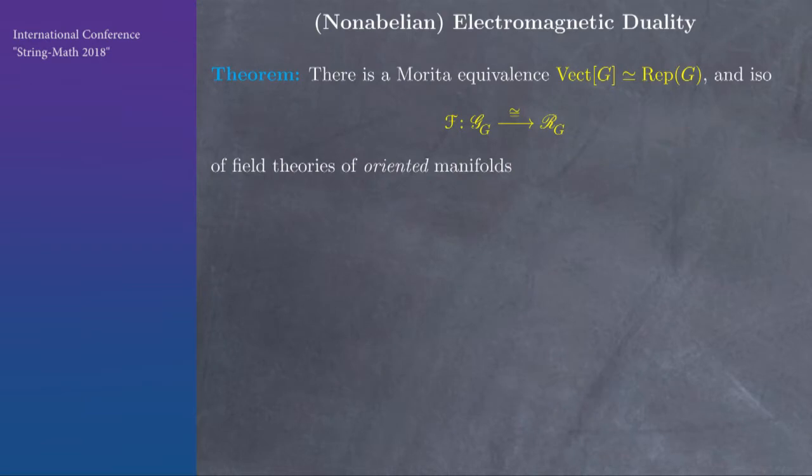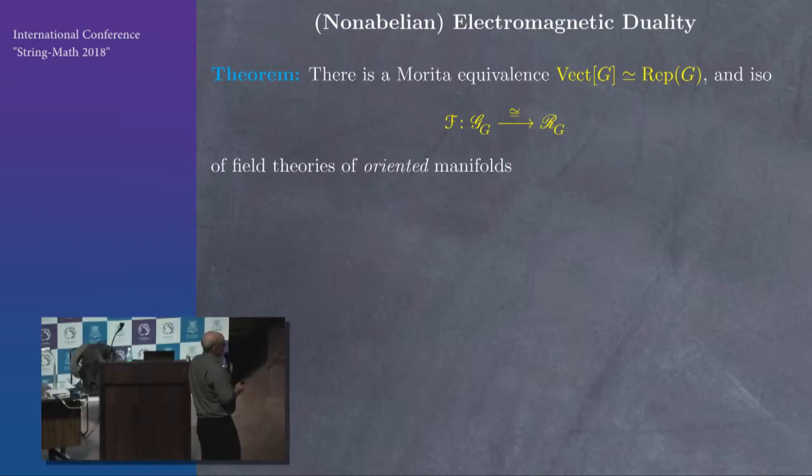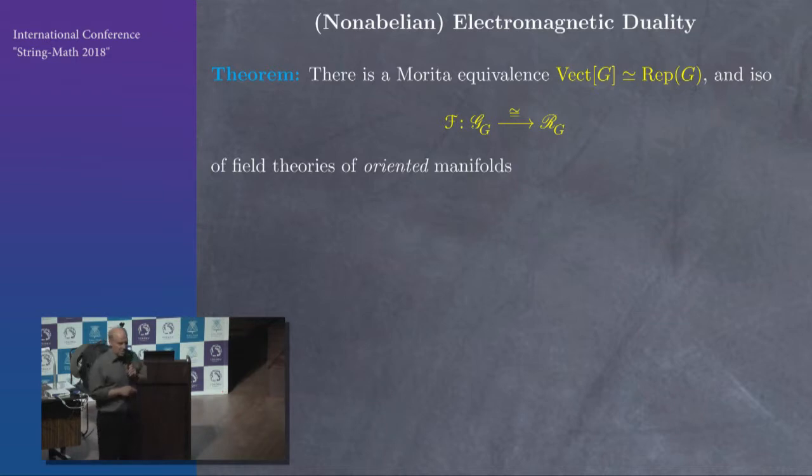So just in the theory of tensor categories, there's a Morita equivalence between these two. In other words, these are isomorphic objects in that three category of tensor categories. And what that means by the cobordism hypothesis is that these two theories are isomorphic. So the theory for G that I get by the classical model of gauge theory and the one I get from the representation are actually isomorphic theories. They're isomorphic, I need the orientation to make the isomorphism.